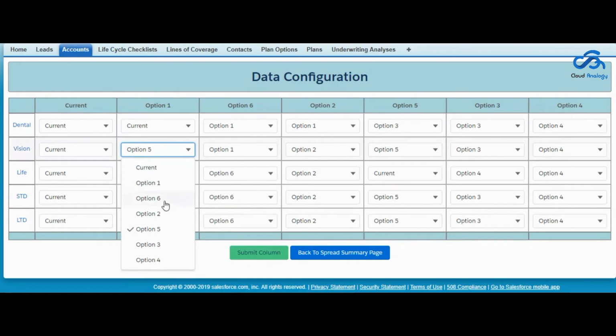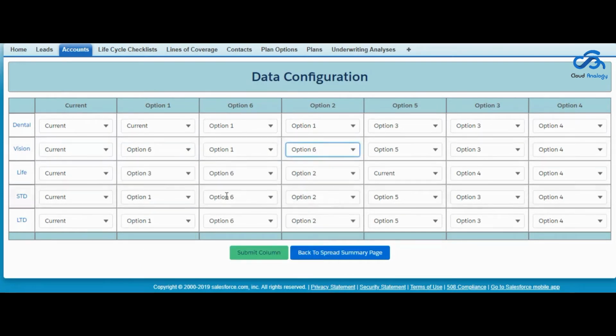We will select as option 6. Similarly, we can customize any column from here, and we will click on the submit button.